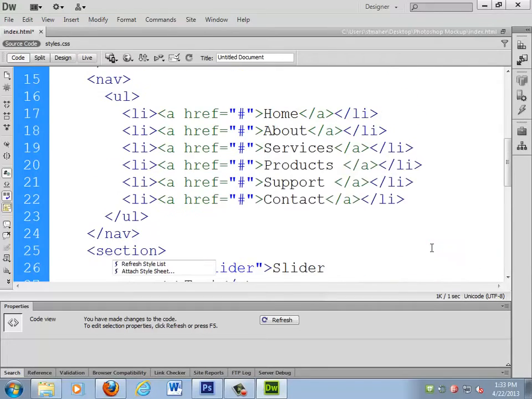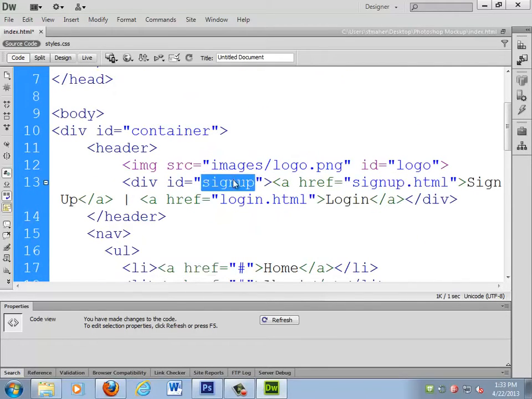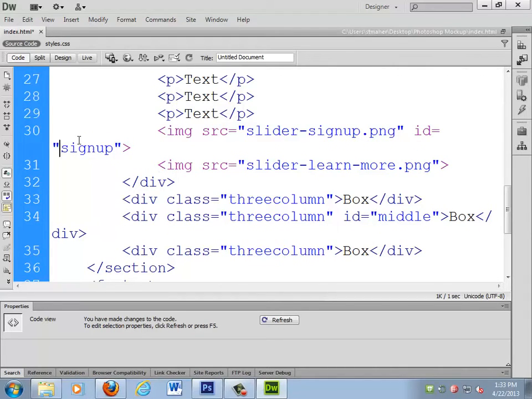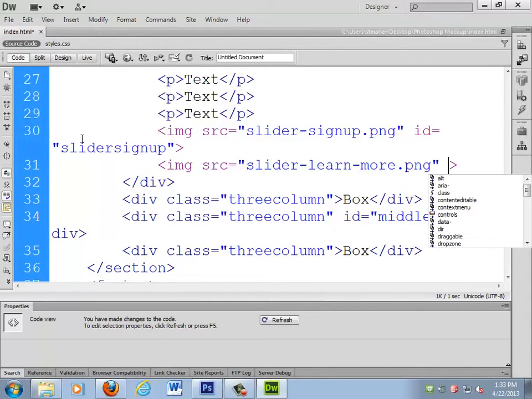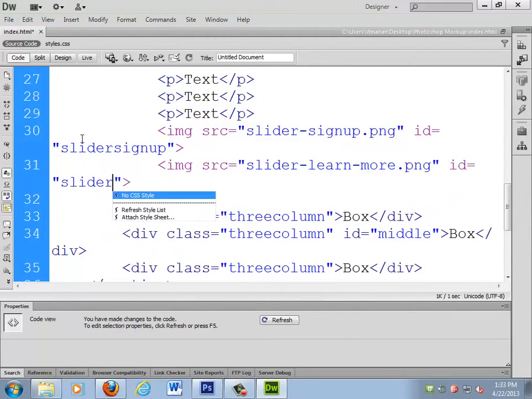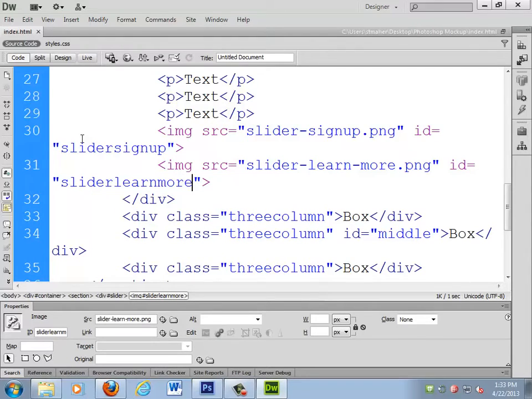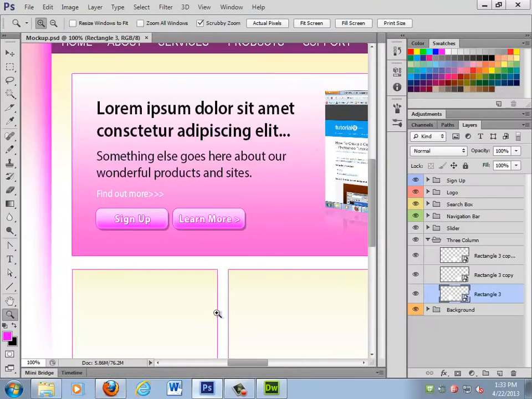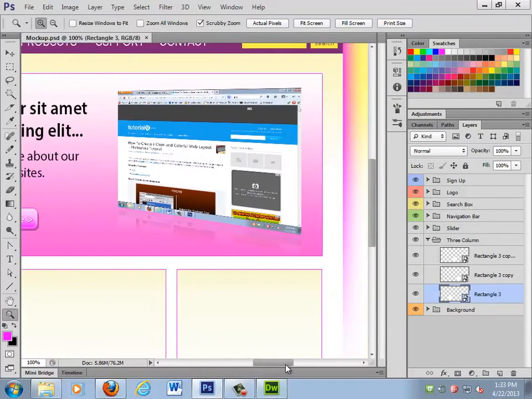I called something sign up already, didn't I? Div ID equals sign up. I can't do that again. Equals slider sign up. And this one will be ID equals slider learn more. Ugh, that's horrible. And then the last thing I think I forgot was that in the navigation there's also supposed to be a